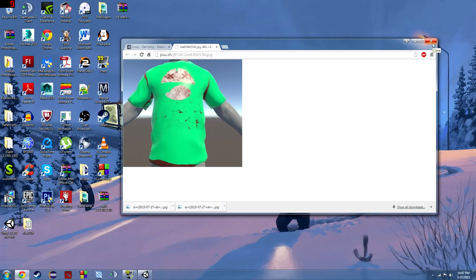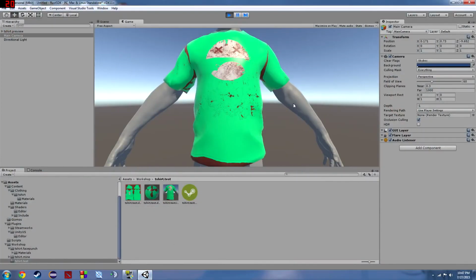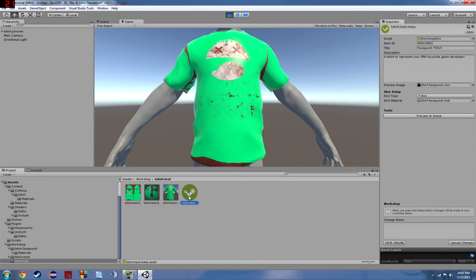basically the workshop. And the workshop isn't up right now, so just save this until the workshop is actually up. But what you want to do when you're ready for the Rust workshop is click t-shirt dot test dot meta. And basically, this is the script to upload it to the Steam Workshop, the Rust Workshop on Steam. So if this is your very first item, you're going to want to call the item 0 or just 00, whatever you want to call it. You're going to want to call the t-shirt whatever you want, like green face punch